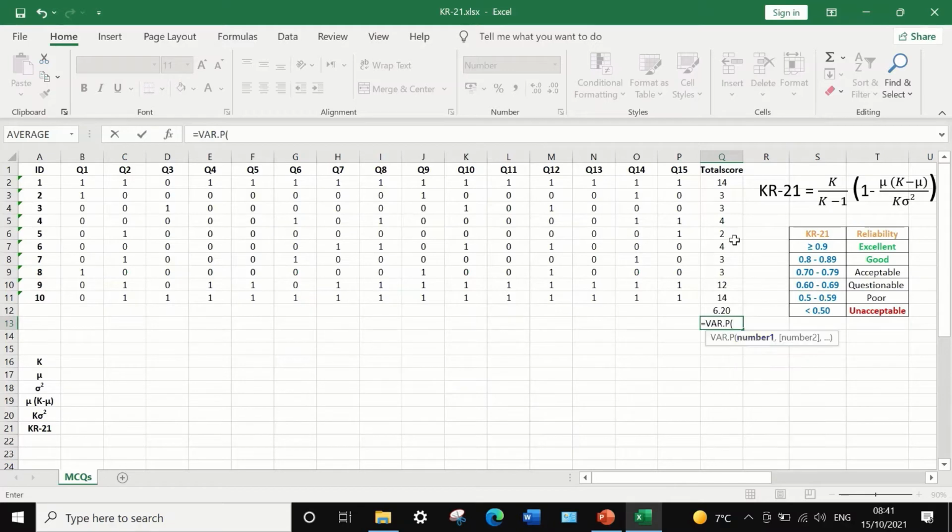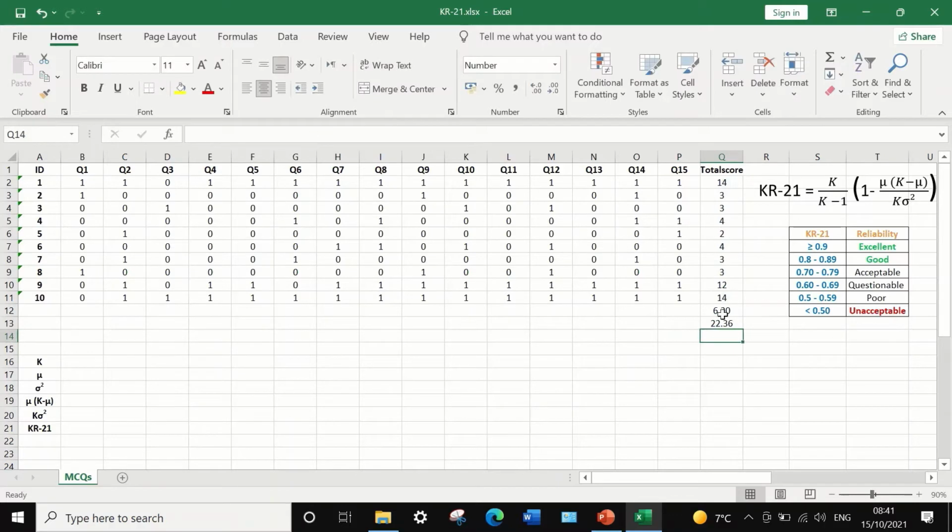double click on it, and then select the range of the input data from student number 1 to student number 10 with their total score, and then close the bracket and hit the enter key. A value of 22.36 is generated. Now to calculate the KR value,